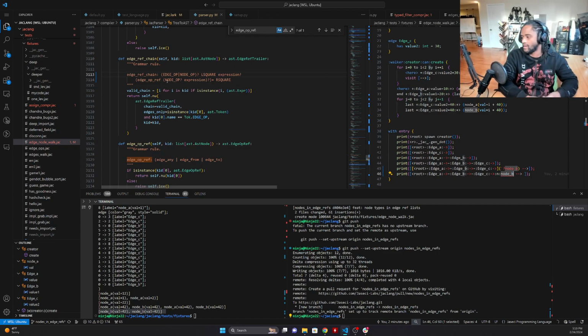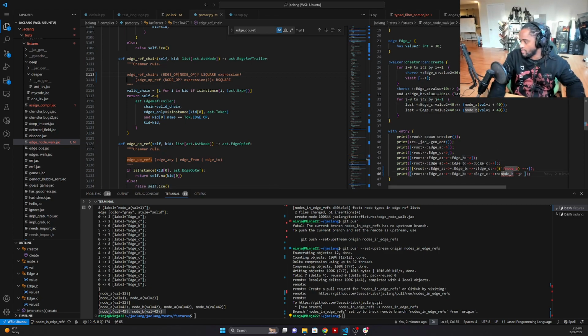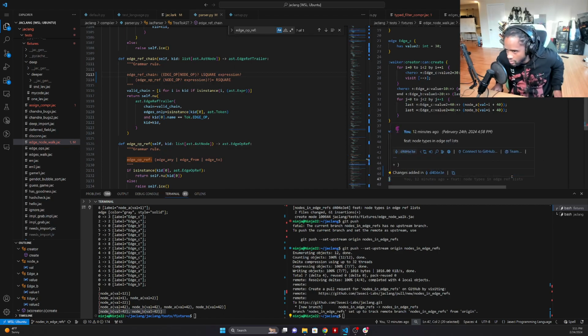So the thing that I'm considering now is, from an implementation standpoint, I can force you to have this, but from an implementation standpoint, what I can do is actually generate the AST for this inside of here, right? Because this is just that. It's a filter comprehension on what's at the end of this chain. So what that means is if I detect this